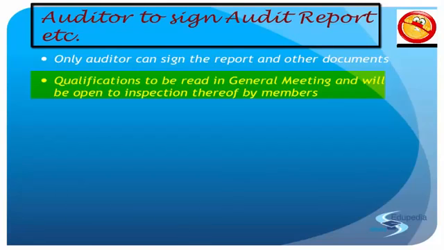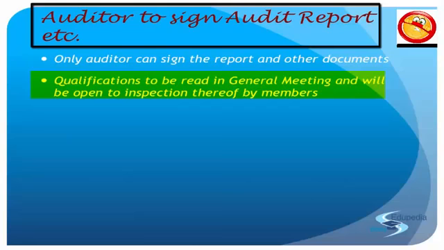So whatever the qualification is, it's not the qualification of the auditor, whether he's a chartered accountant or whatever. No. Qualification is the qualification that you have made to the audit report, right? So there are certain qualifications that you make to the audit report. Those qualifications will be read out in the general meeting: that these are the qualifications, these are the observations on certain matters, these are the comments on certain specific assertions,